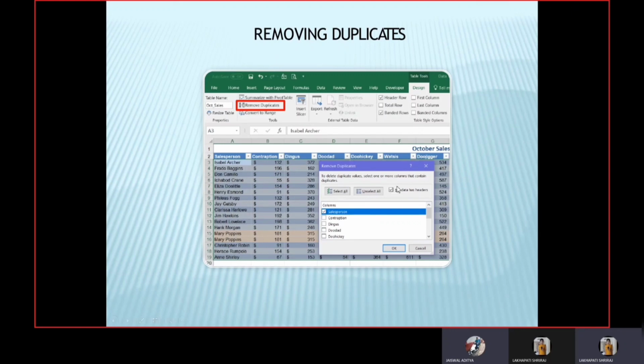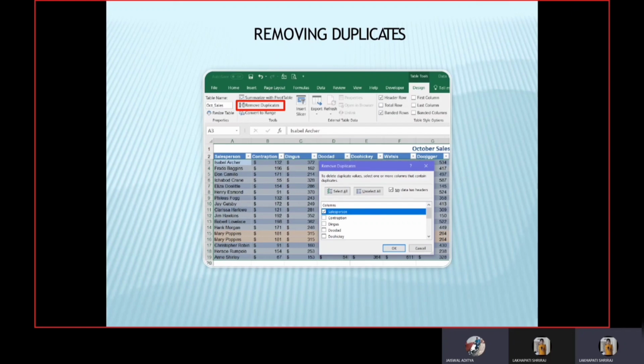Select only the required columns and press OK. As soon as you press OK, you will see that the duplicates in the same column get deleted. This tool is used to clear the mistakes of entering multiple data and is very useful.